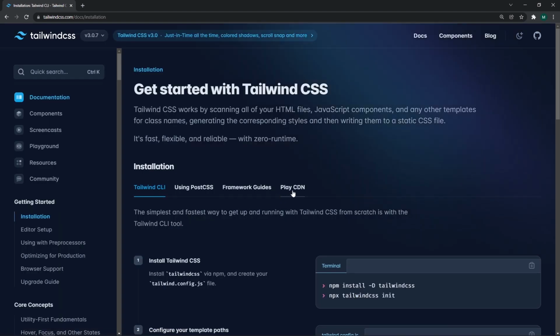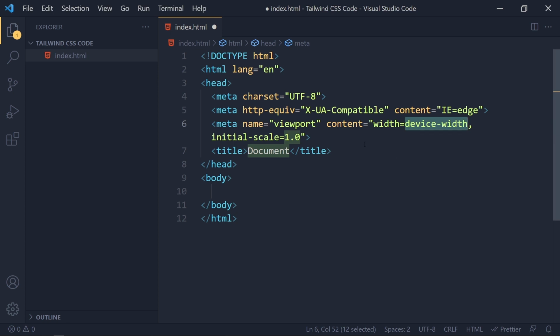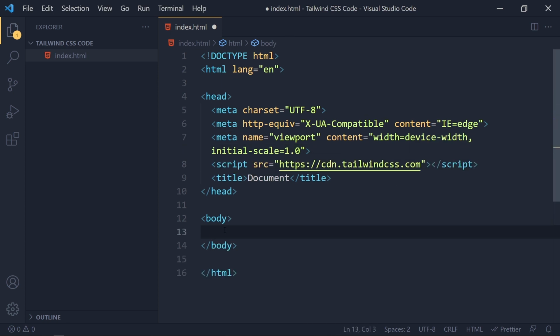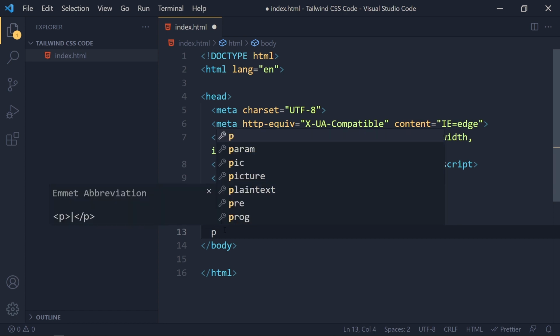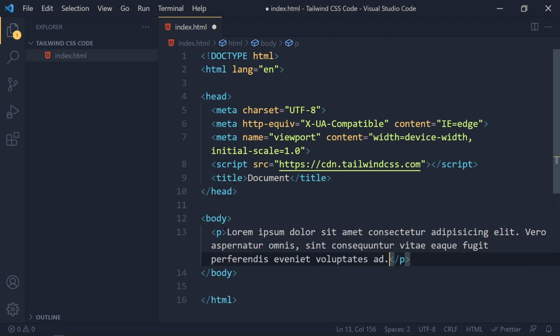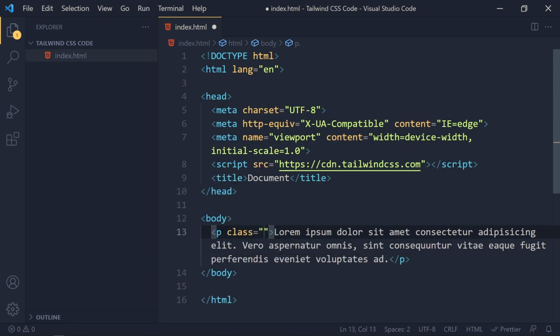And go to the Play CDN section and copy this script tag and paste it in head section. Let's make sure it works or not. So create a paragraph tag and add some dummy text by lorem20 and press tab. Now I will add one class just for testing,